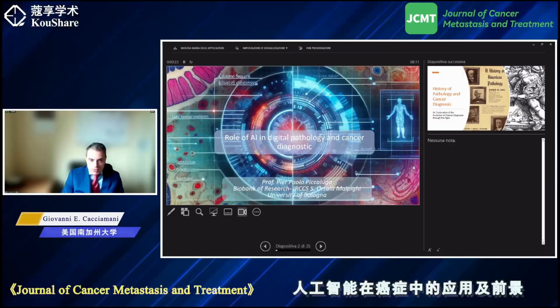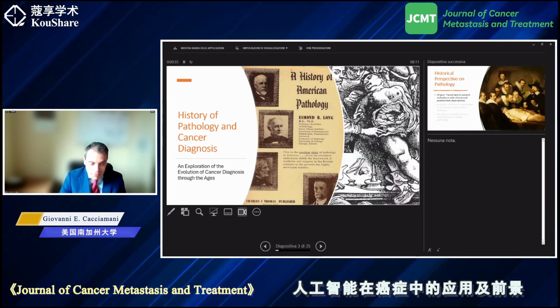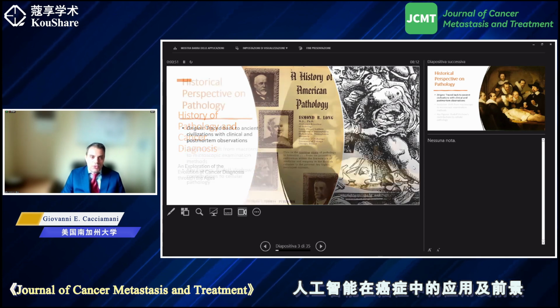So today I wish to share with you some of my thoughts, and I'll try to introduce the subject, not going into some details of cancer diagnostic that later on our colleagues will describe to us. However, before getting into the model of pathology, I will give you a little excursus on the history of pathology. How did we get to digital pathology throughout the history?